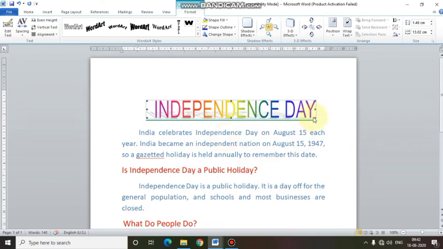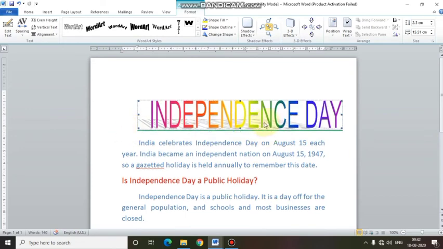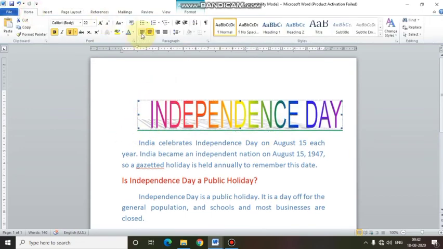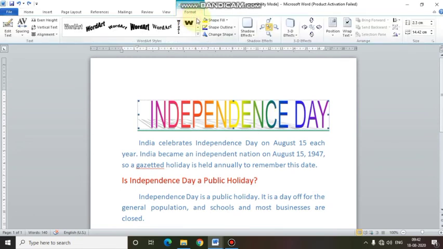From here we can enhance the size of the word art also. We can choose alignment for this too. Alignment will not work in word art, as you can see. Click on the format tab. Now in this also a format tab will appear at the top of the ribbon like this, the same way it appeared when we were editing pictures. So click on the format tab.